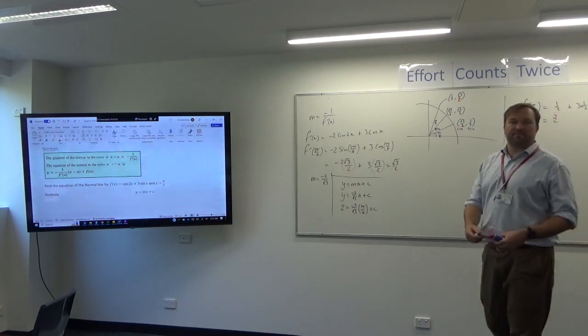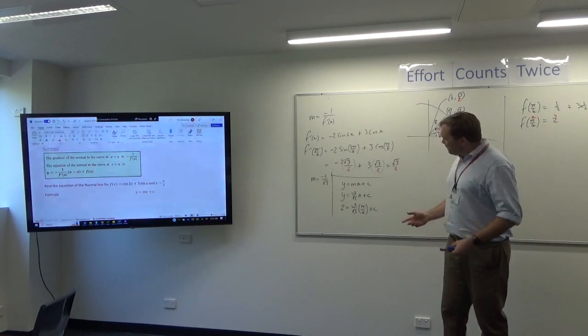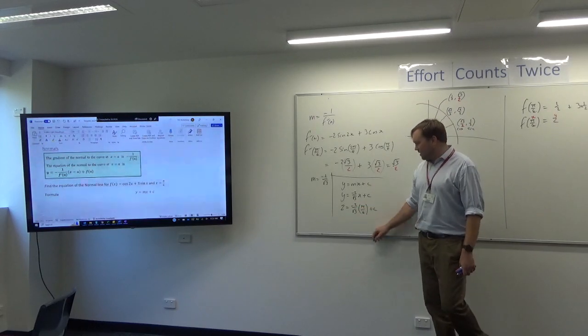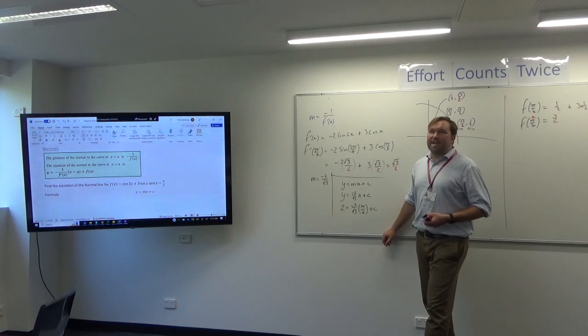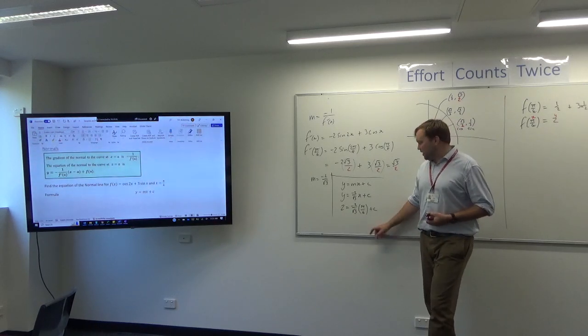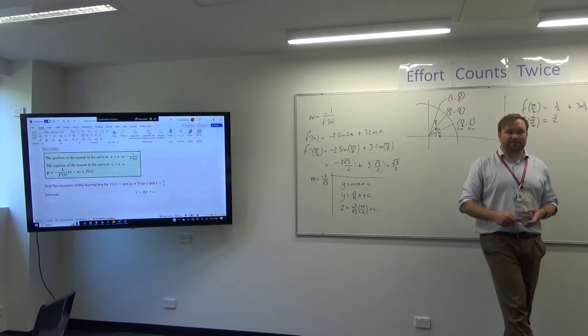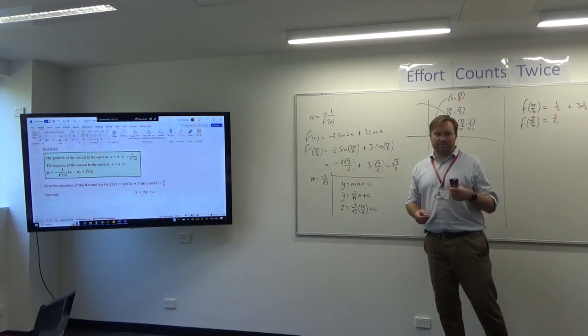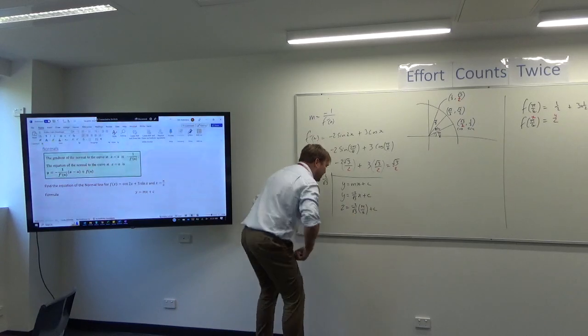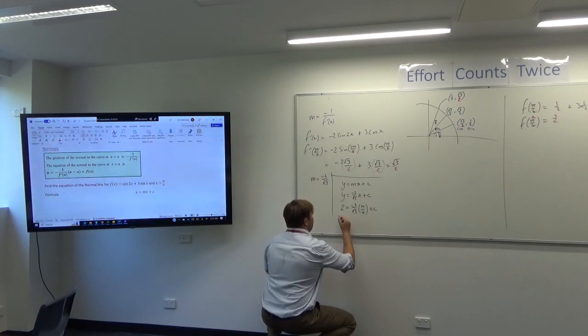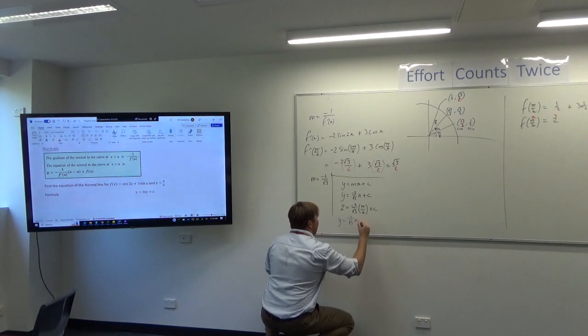Could you use a calculator? Yeah, but this isn't going to work out so nicely. So do you just leave it like that? Yeah. So don't end in decimals wherever you can, end in fractions or pi or roots. Would you still have to write the equation out with c? Yeah. So I'll write it out for completeness, but it's going to be y equals minus 2 on root 3 x